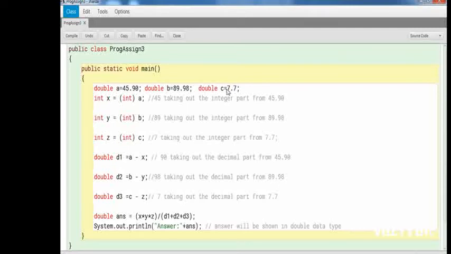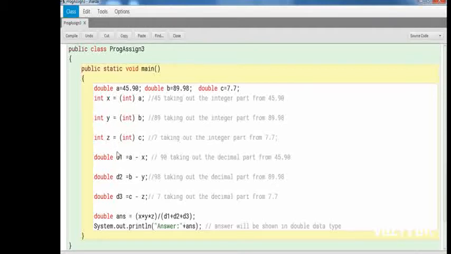Now you have to separate the decimal part. How to do that? You have to write double D1. This is actually a variable which will store the decimal part of the number 45.90.